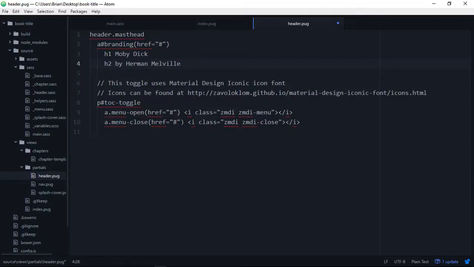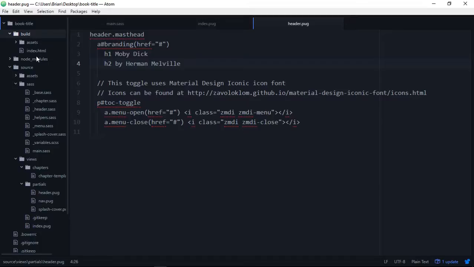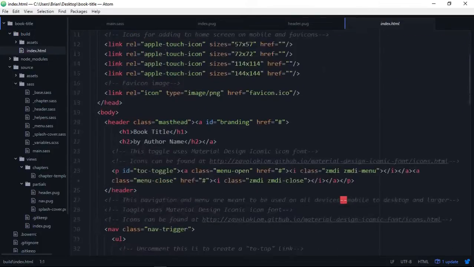We have a toggle, an open and close toggle. This is for large screens. This is not going to show up for the mobile navigation, but you would just save that. And now you can see that in our index